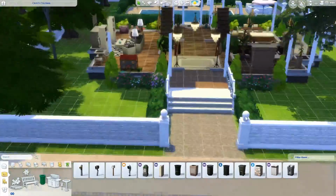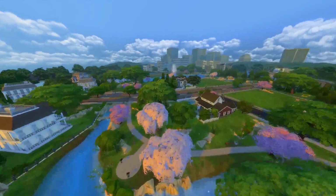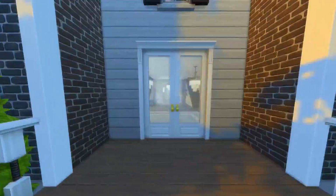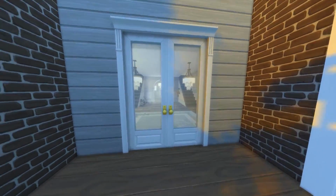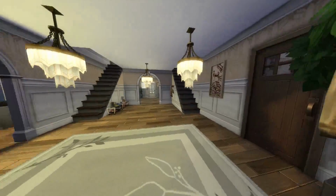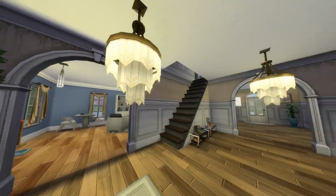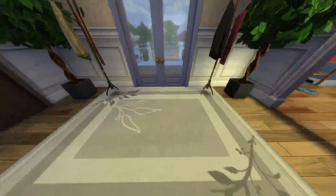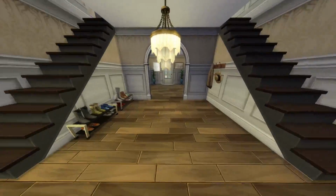Guys, so we're going to go through the fly through here, right up to the front door. And I like this house. I enjoy it. I didn't put toddler stuff in here, which is insane for me. So you come into this grand hallway, grand entrance, which I think is nice and not too big, because I put this,